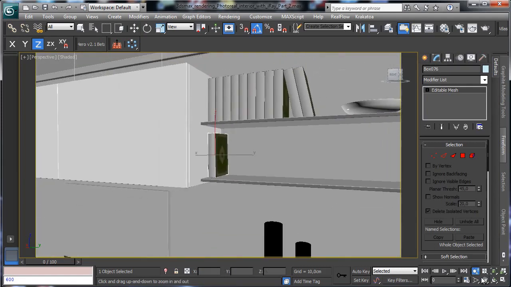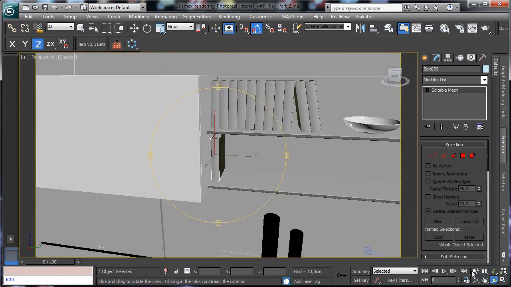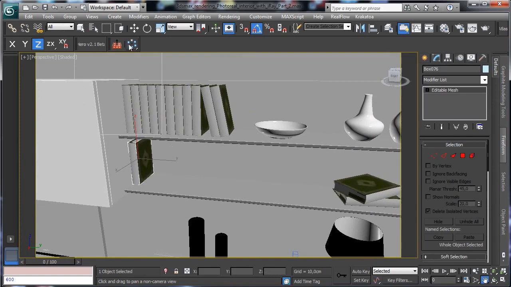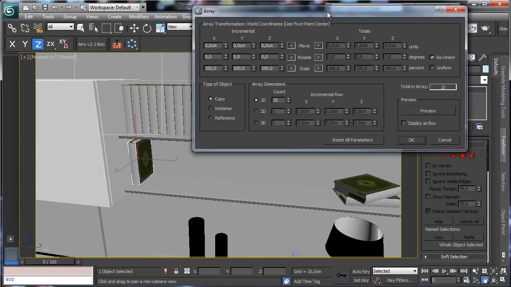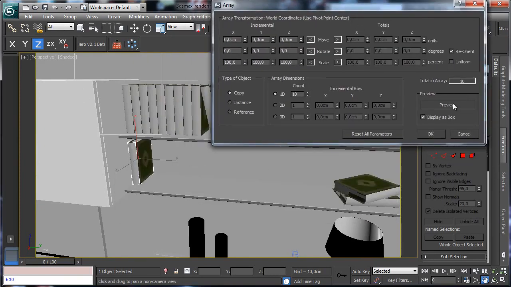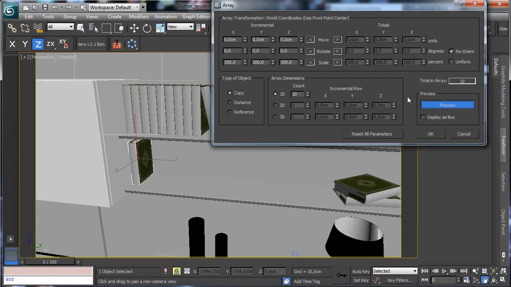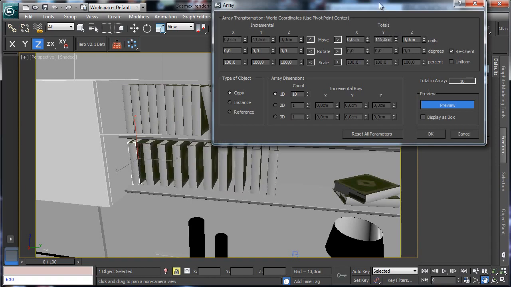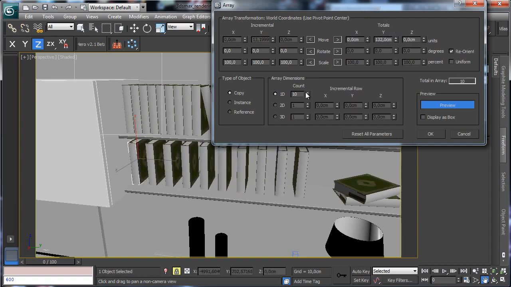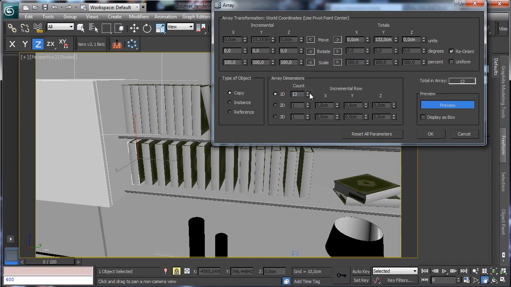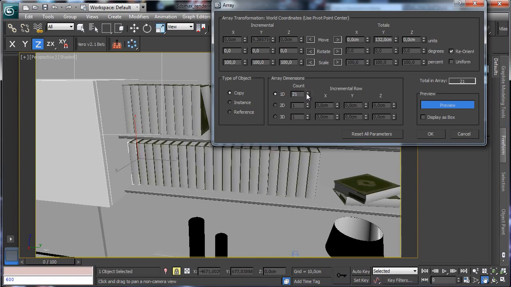Let's try to create an array. Let's preview. Okay, let's set 0. And I like to have books until there. Okay,